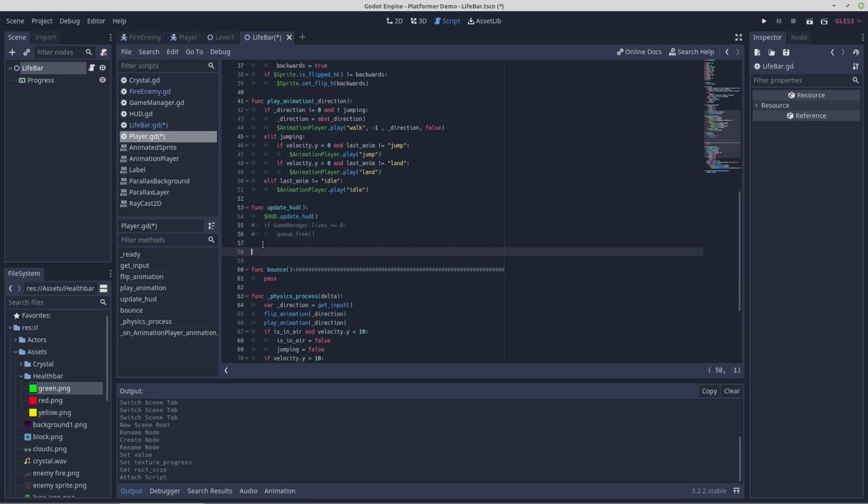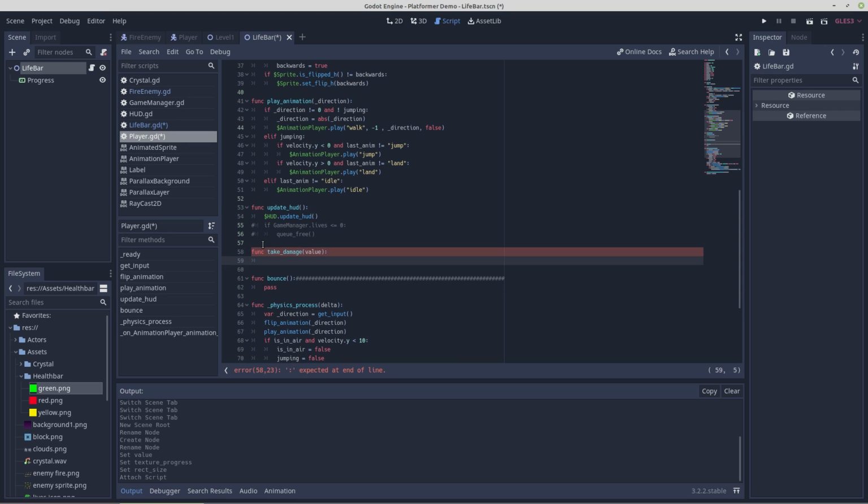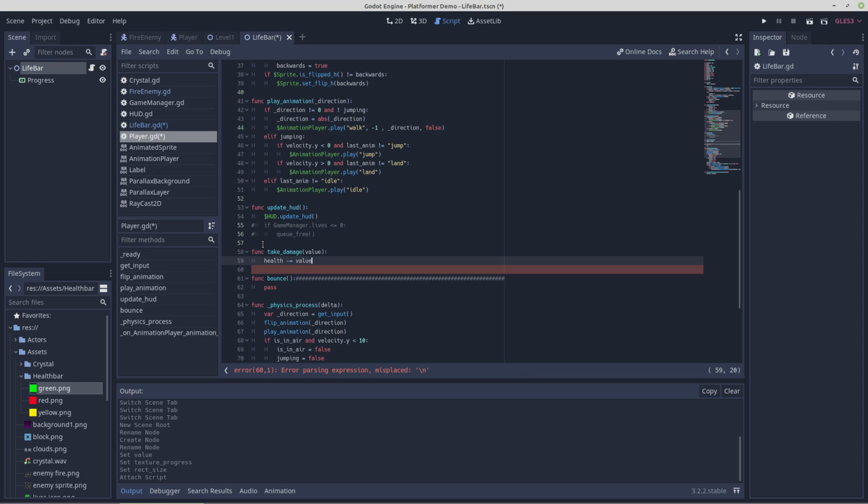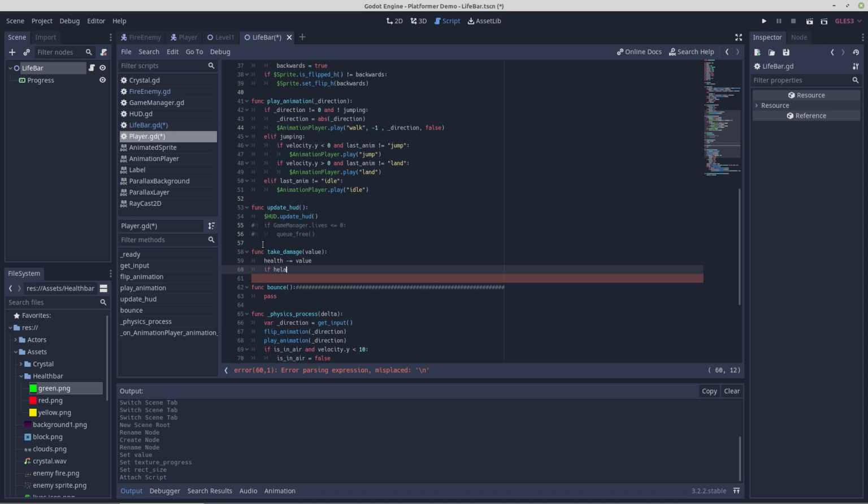And we'll create function take damage, value. And whatever's hurting us will deliver its hit points to us. So we would take health minus equals value. If health is less than or equal to 0,